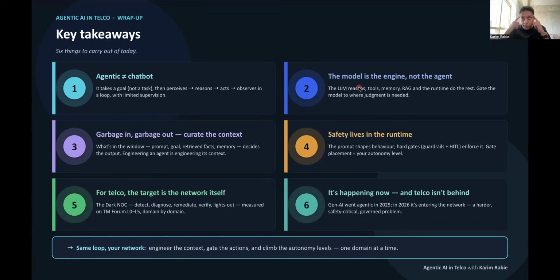Still, the reasoning, the brain, is in the model. It's not the agent. That's the LLM. What the LLM is really good at is reasoning. And then the tools, the RAG, and the runtime do the rest. Usually in the prompt or in the reasoning, the agent tries to gate or control the LLM and the reasoning logic. And this is actually what we always do as humans